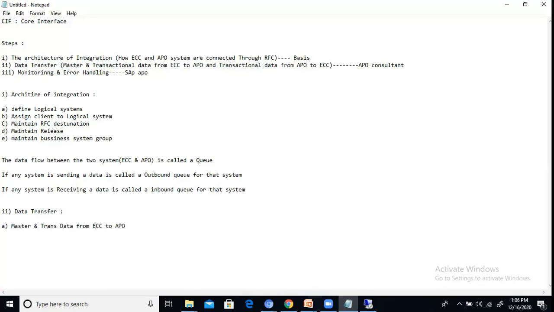Another one is transferring data from APO to ECC. From APO to ECC, we can transfer only transactional data. We should not transfer any master data. The steps to do this are,